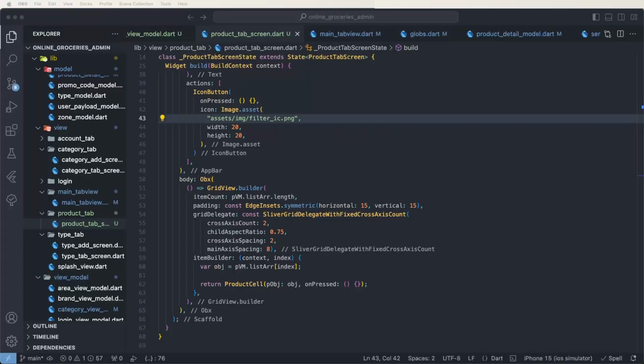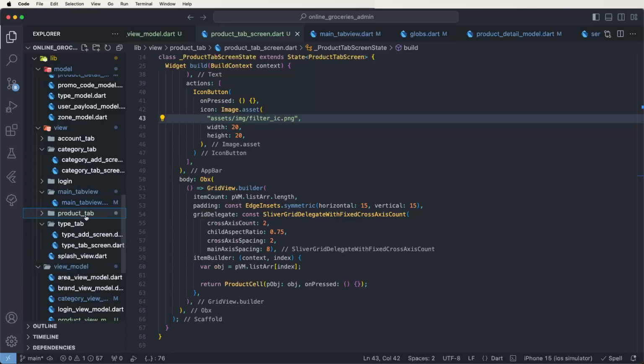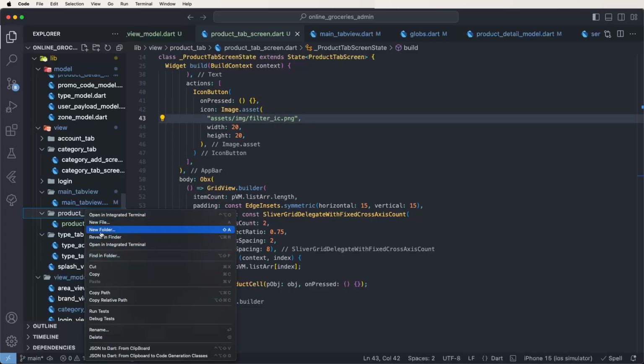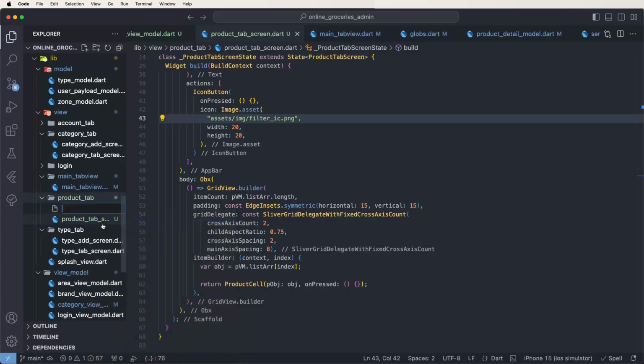Flutter online glossary app, admin app. Inside today we need to see the add product UI designs that we need to develop here. First of all, now we need to create the new files inside the product apps. Now we need to go and create the new files and give this the name product add